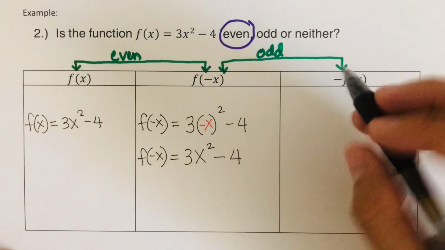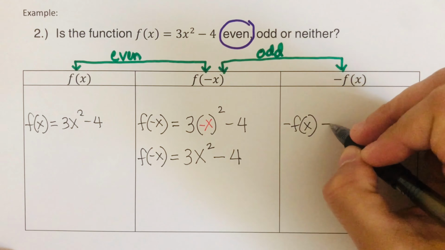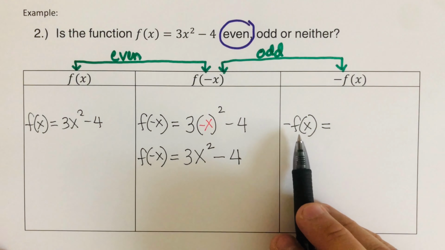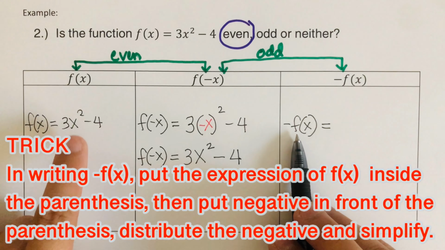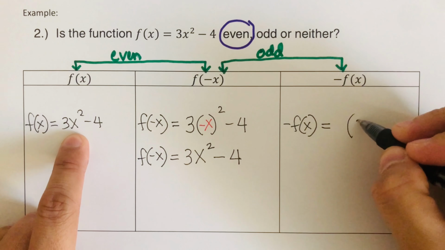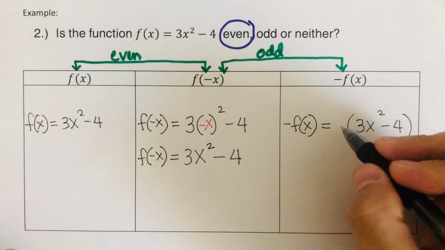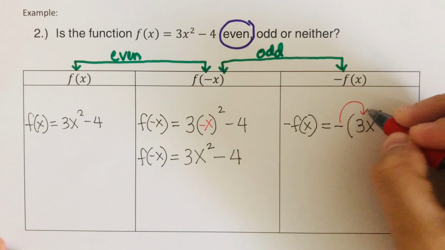So we are going to write the negative f of x. The trick in writing the negative f of x is to put the expression of f of x inside the parentheses, then put a negative in front of it, and then distribute the negative and simplify. So I'm going to put this inside the parentheses, so that would be 3x squared minus 4. I put the negative in front of it, and then I will distribute the negative to each of the terms